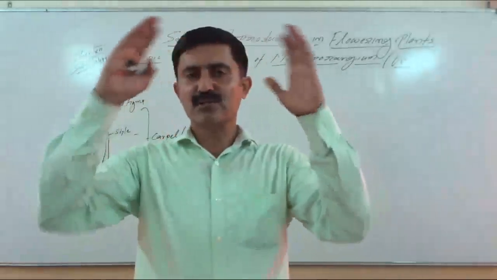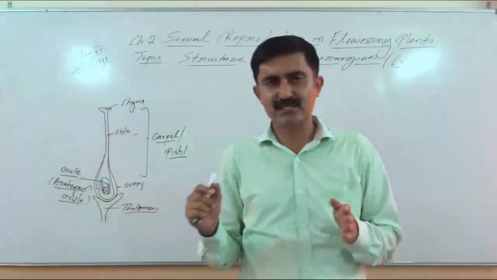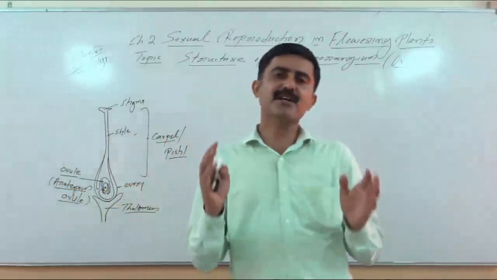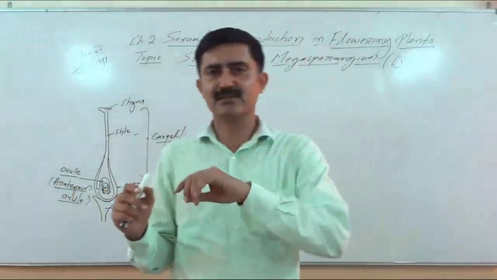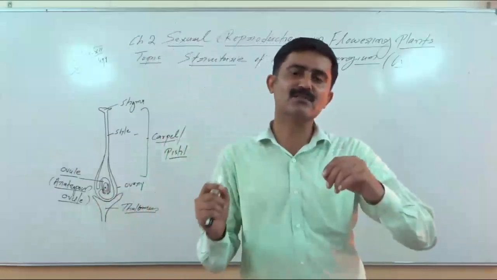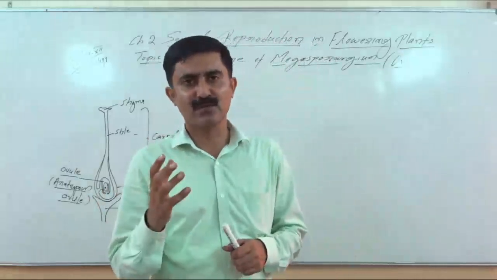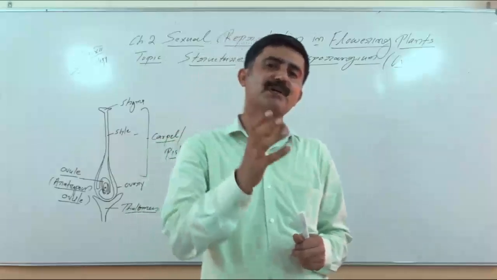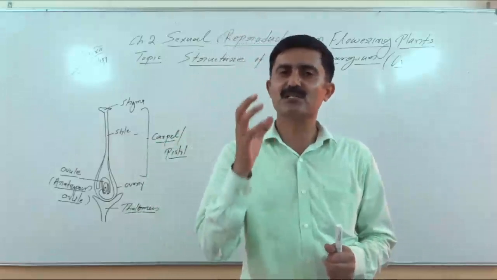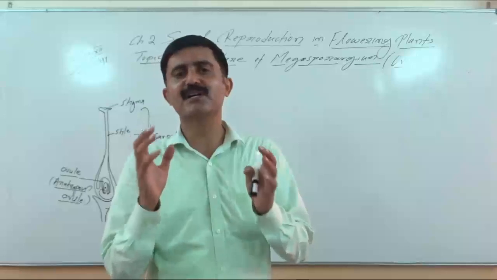When we look into the structure of the ovule, broadly the outermost protective layers are called integuments. This is the outer integument and the inner integument. Inside the integument there is a mass of nutritive tissue called the nucellar tissue. The nucellus we can compare with the tapetum present in the microsporangium. Tapetum provides nourishment to developing microspores. Similarly, here the megaspore develops and megasporogenesis takes place, so during megasporogenesis the nucellus provides nourishment.